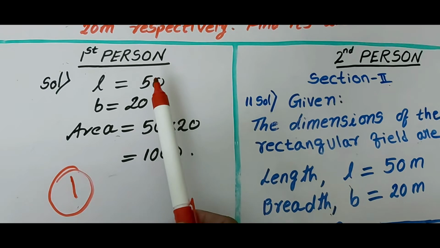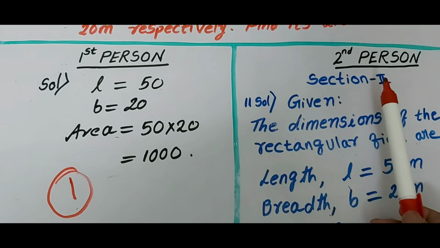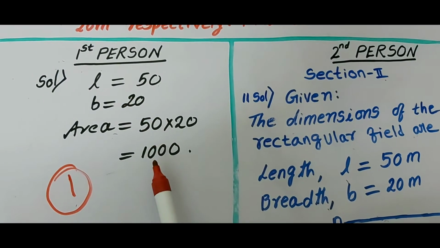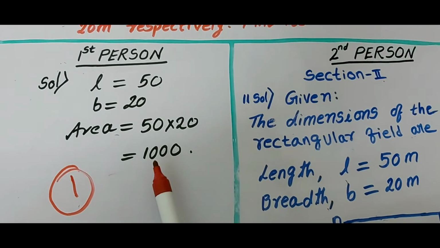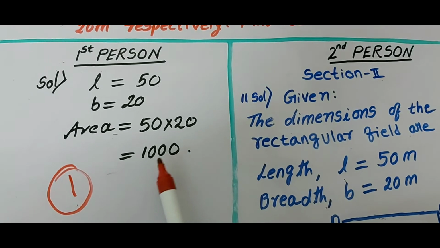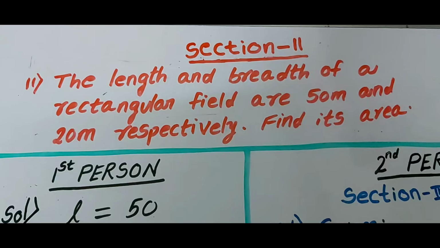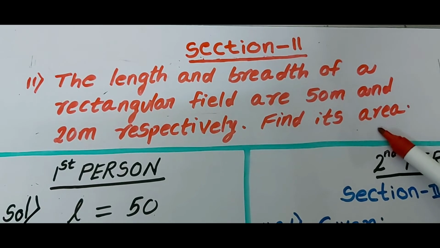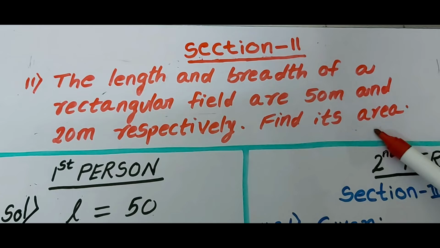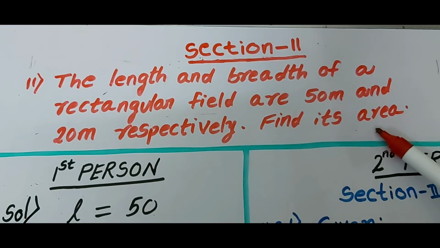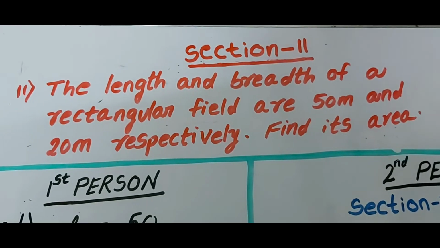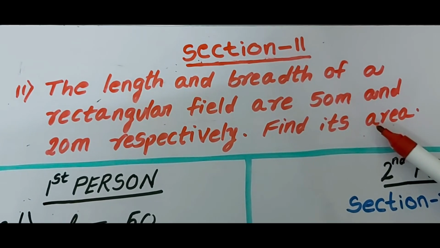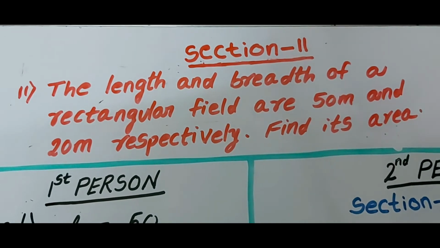The first person might be more intelligent than second person. He might be thinking that he has completed the problem within seconds, but the evaluator recognizes you with your presentation. You might have practiced hundreds of questions in this chapter, but only 1 or 2 questions are asked in the examination. So 95% of the problems you have practiced may not be asked in the question paper.